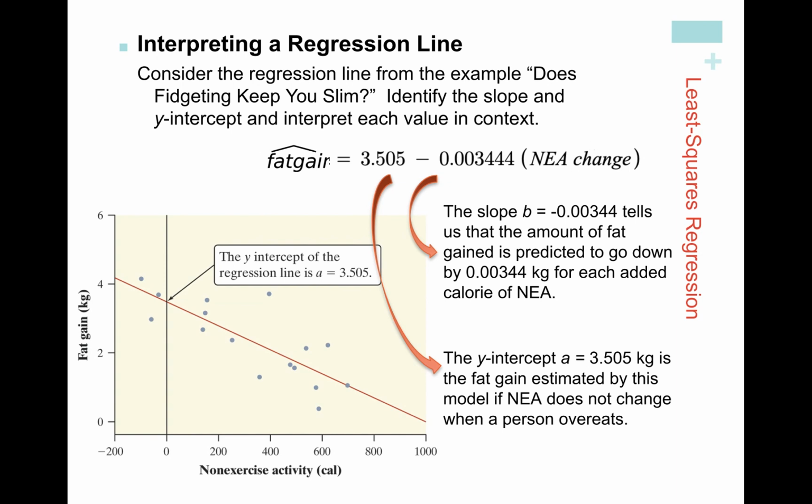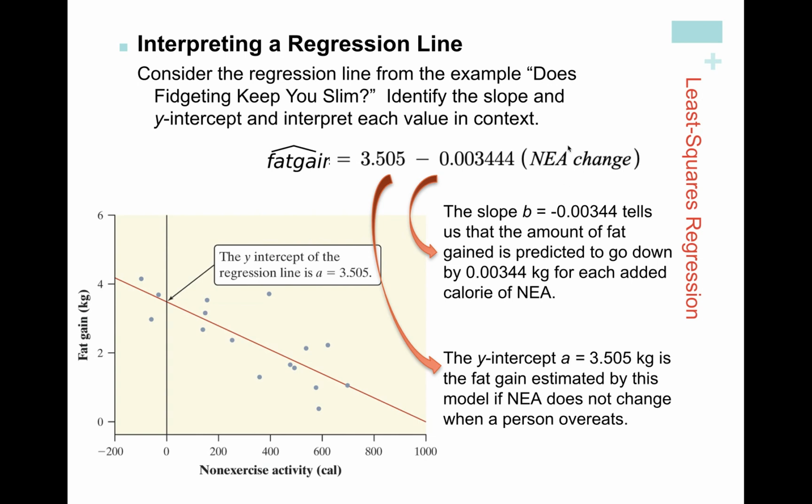Okay, so now let's identify and interpret the slope in context. The slope, first way to identify it, the slope is equal to what? Well, it's negative. Make sure you report the negative. The slope is equal to negative 0.003444. How do we interpret that? That tells us that for an increase in NEA change of 1 calorie, notice that I'm using the actual context, I'm using the units of measurement,